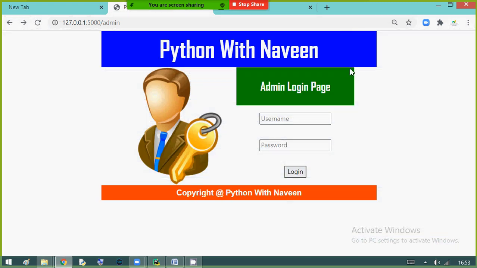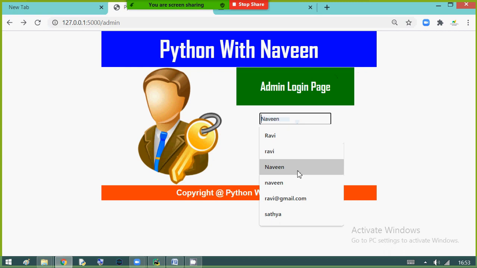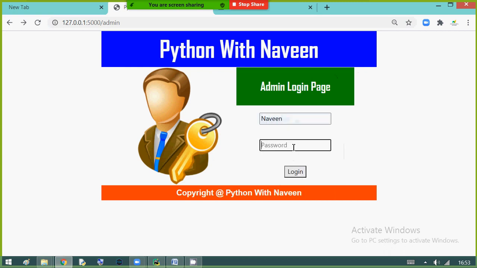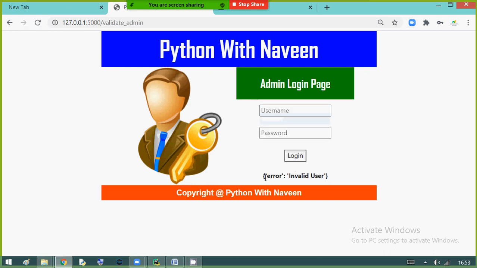There it is. Now I'm providing some wrong details. Username is valid, password is wrong: one capital, one small, one digit. Login. Error, invalid user. Sir, I don't want to see it like this. I want to see a proper message saying invalid user.